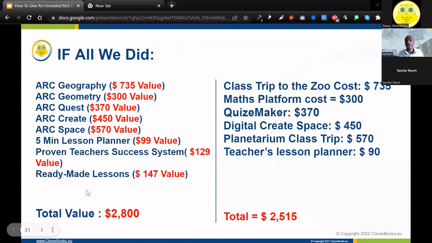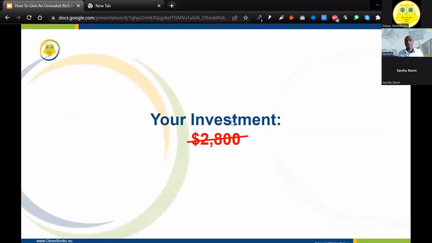And then we also have the ready-made easy lesson plans, as well as a content library for lesson plans, quizzes and tests from teachers around the world. So if you want to access that, you still have that. You can already see we're exceeding the value from what you probably get in the traditional market space. Am I making sense so far? So with that said, your investment with this will not even be that, right?